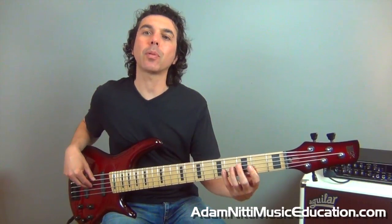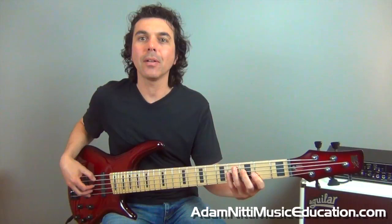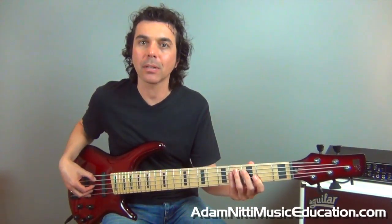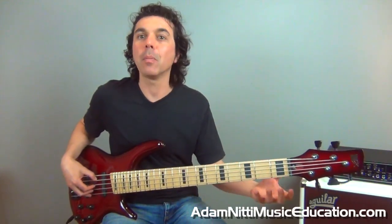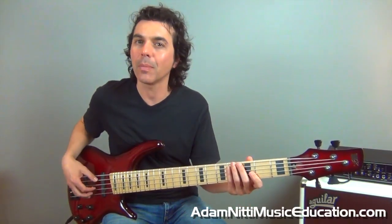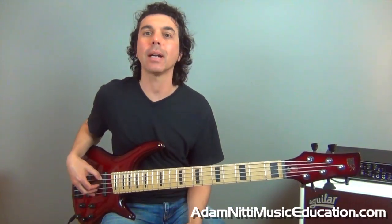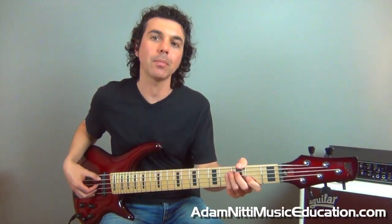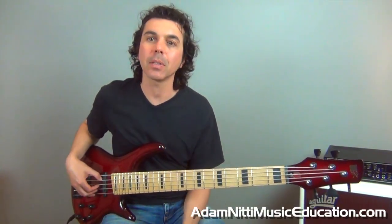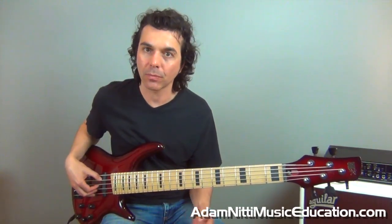Well, if all we do is practice the scale in this ascending and descending fashion, chances are that when we go to make use of it in any sort of applied setting musically, because of the muscle memory work that we've done, we're probably going to end up playing things in that sort of order or making it sound more scalar or more exercise-like than anything else. We really want to try to get away from that once we have the muscle memory down for the particular shape. So we're going to apply in this lesson the concept of sequences to our scale patterns to try to get away from that very heavily